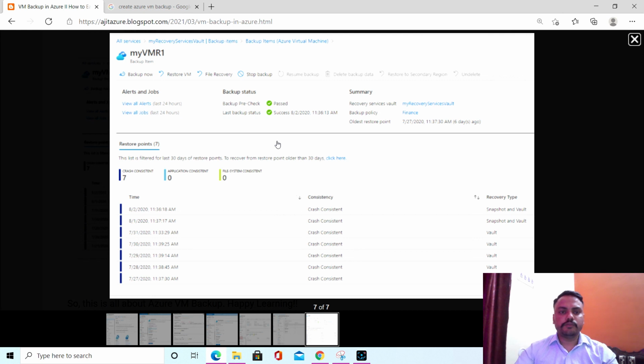You can also customize the timing, like if you want to check the backups of 1 month, you have to customize the timing. You have to mention the date and time, and after that you will be able to find the backup status of that specific VM.